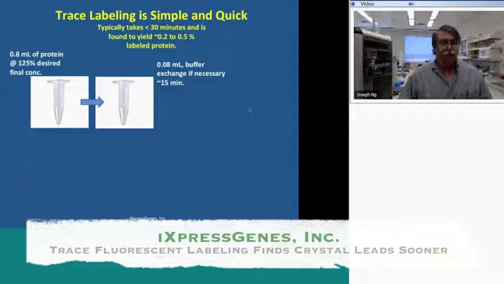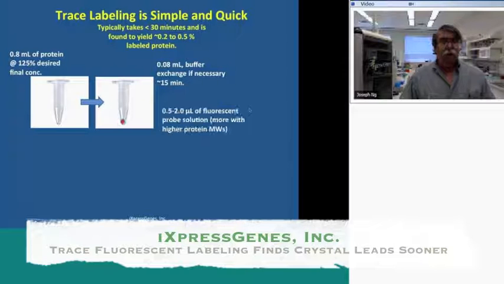The reaction buffers cannot contain any primary or secondary amines, since our procedure is labeling the N-terminal or the side chain amines, and we're doing it randomly. To this, after the buffer exchange, we add 0.5 to 2 microliters of reactive fluorescent probe solution. We use closer to 2 microliters for the higher molecular weight proteins and